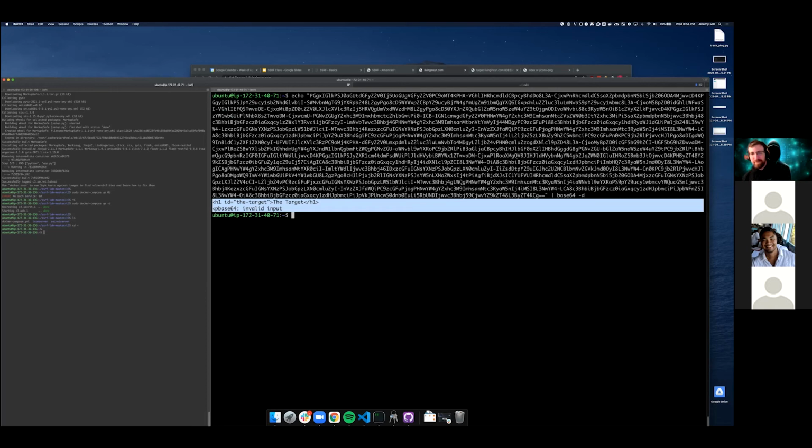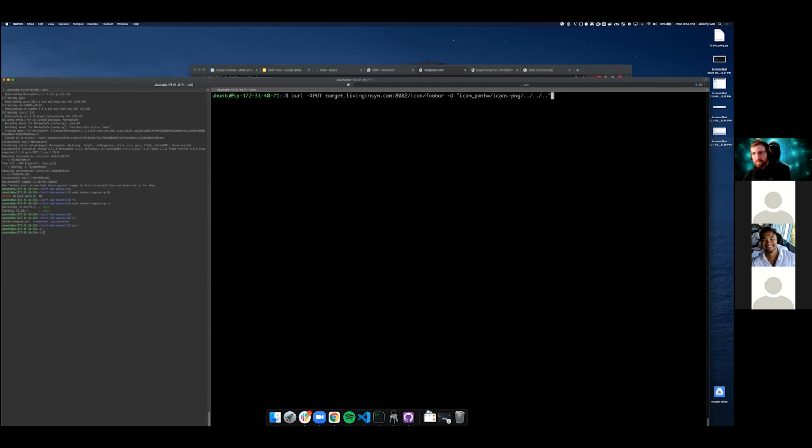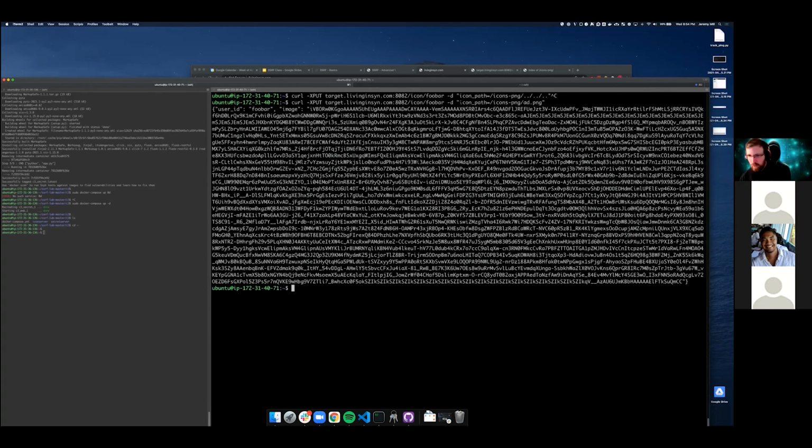For the SSRF stuff, should we be thinking about the /icon/user ID, like that? Right, because that's the URI. Sorry, let me do a valid one again, right? When we're passing an icon path, we know that we're making a request that is,